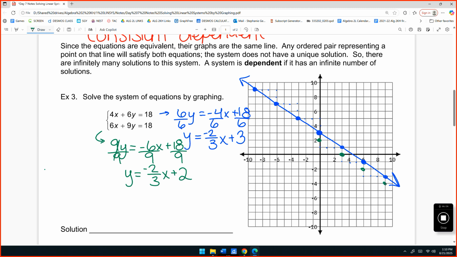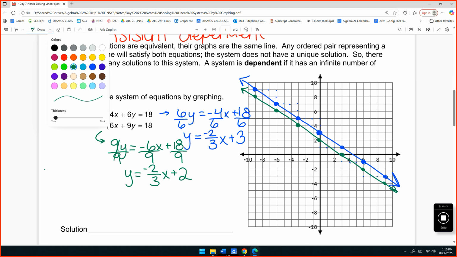Well, what kind of lines are these? Parallel. They're parallel. We know all about that, right? Same slope. Okay. So when do these two lines meet? Never in their dreams, right? They are never going to touch. Okay. So if the solution is the point where they intersect and they don't intersect, that means there's no solution,